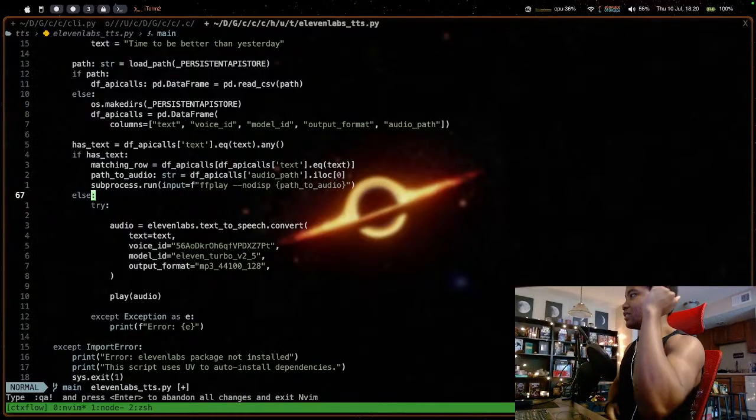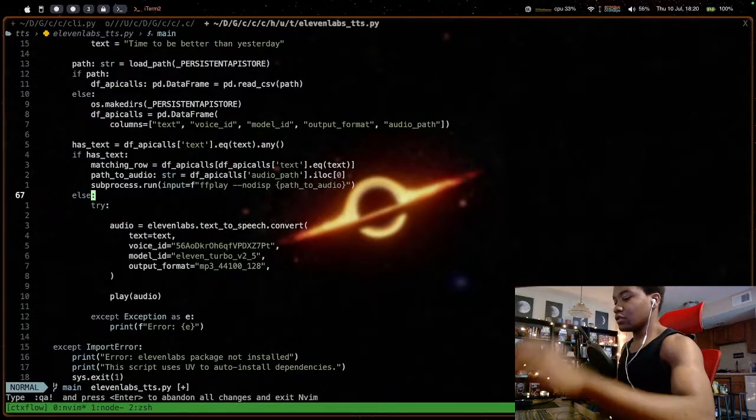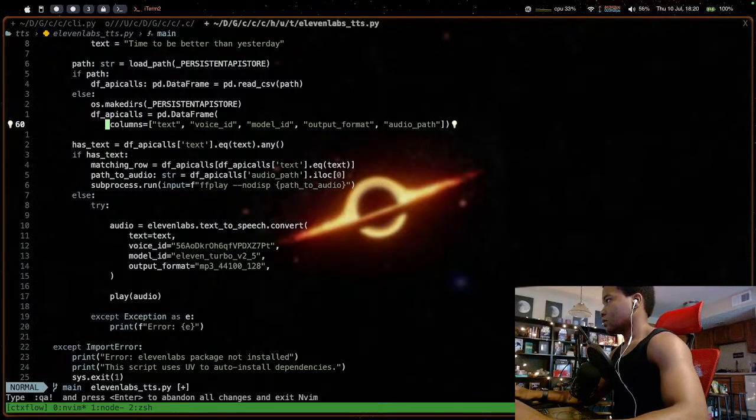Oh, you know what? Actually, I need to normalize this. Where's text?